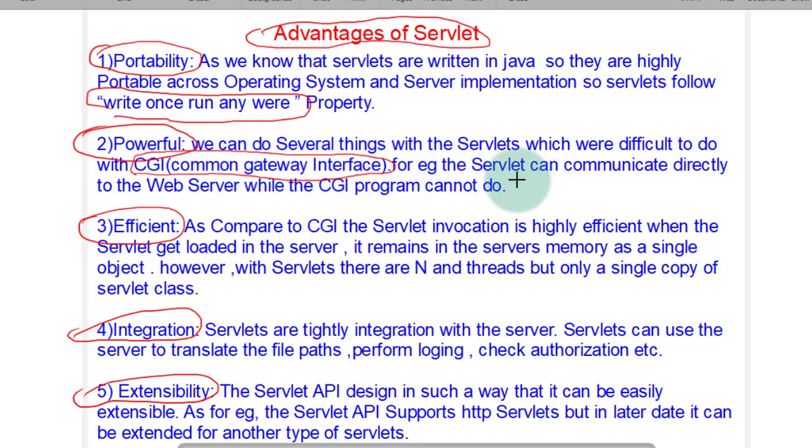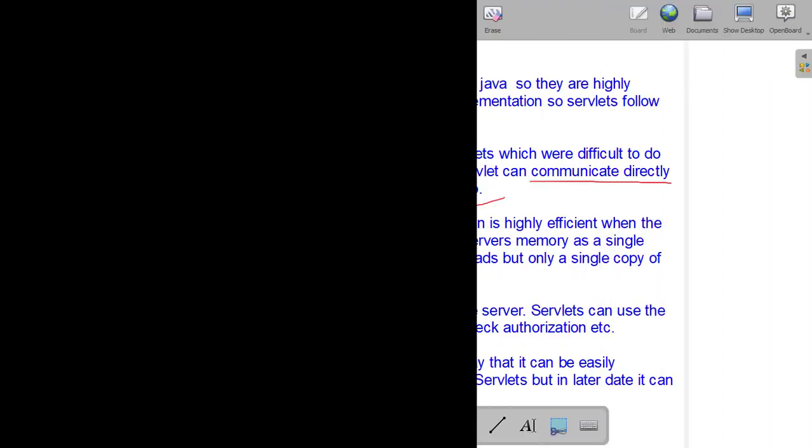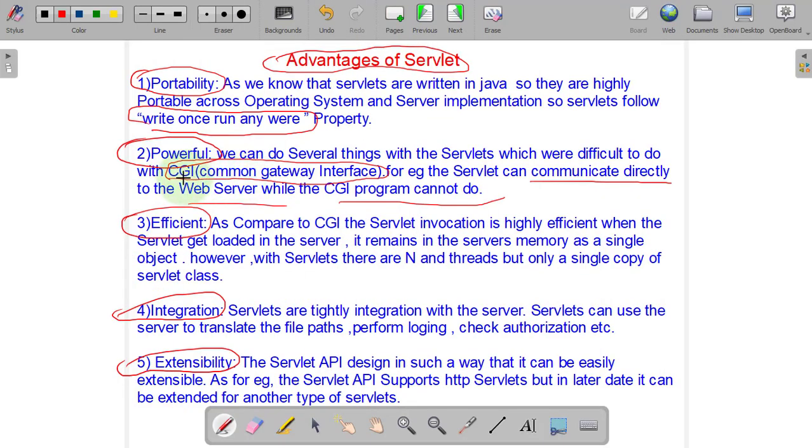For example, the servlet can communicate directly with the web server, while the CGI program cannot do this. That means CGI programs are not able to directly communicate with the server.